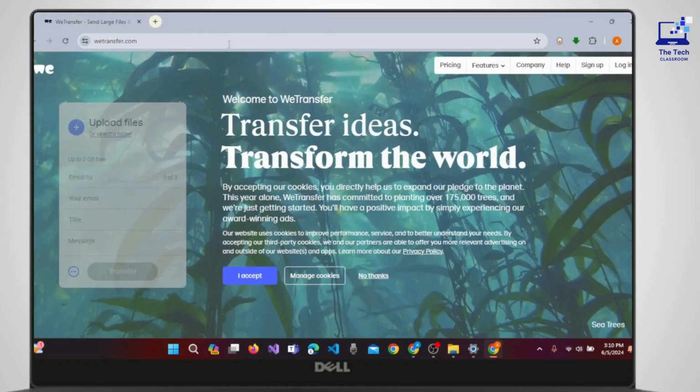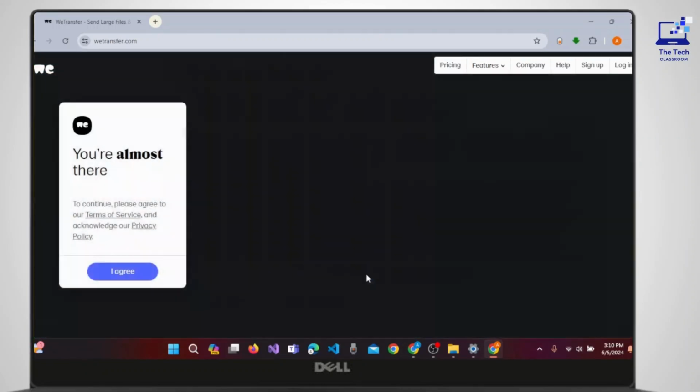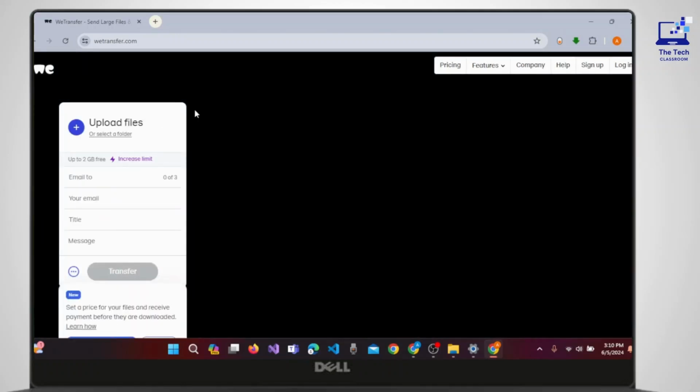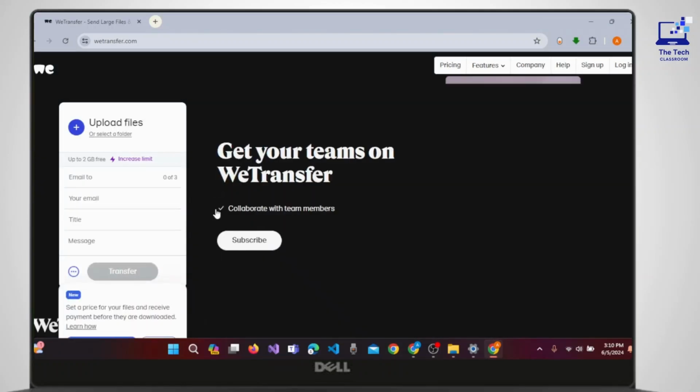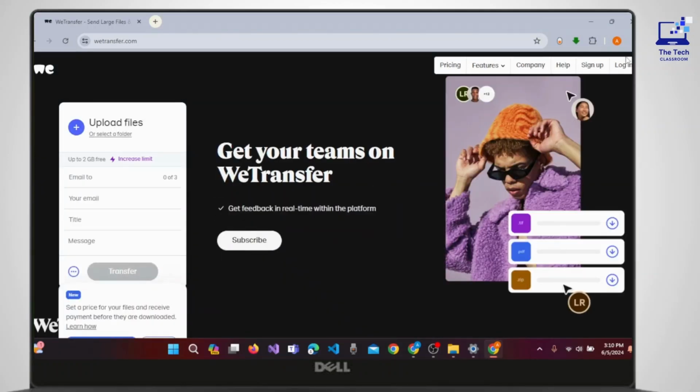This will take you to the official website of WeTransfer, where you need to first of all accept all the cookies or the terms and conditions here. For now, let's click on not now. Let's click on I agree to the terms of service, and here you can upload files. But before that, you can also log in. At the top right corner you can see the login button. Click on it,